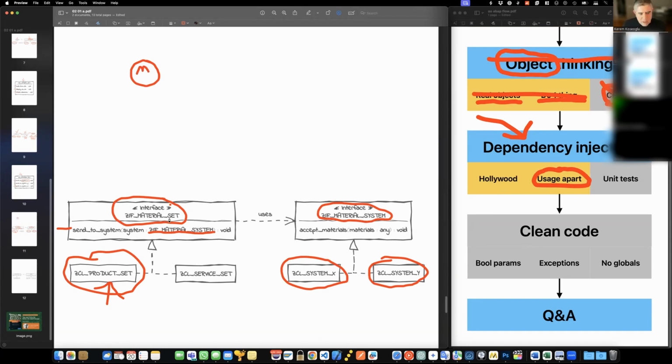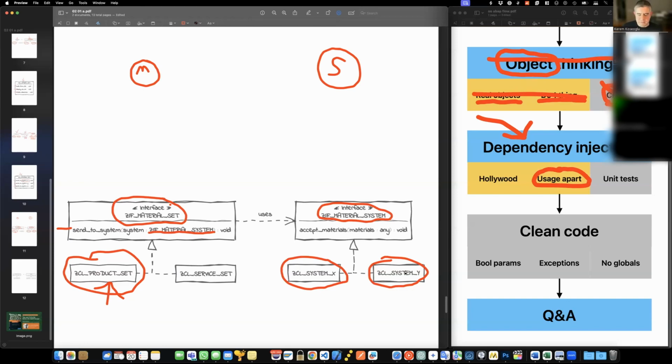Which, of course, we will refer to as an interface. I'm not creating the class directly. But still, in terms of simplicity, let's assume first I'm going to create this material object, and read the materials within. Then, when it's time to send those materials to an external system, I'm going to create my system object. Based on the selection screen of my program, I can create an object which refers to the class system X or system Y, system Z, whatever.